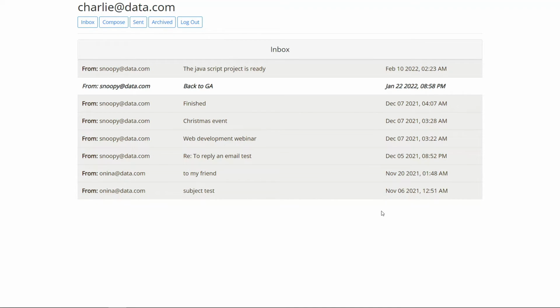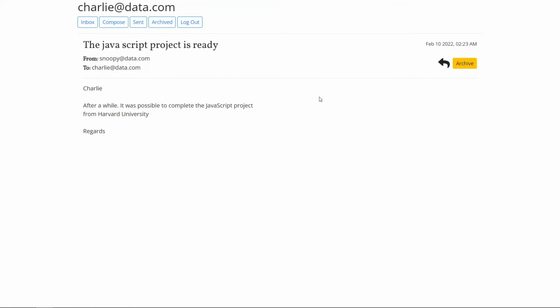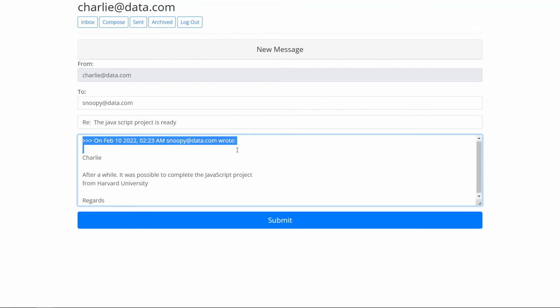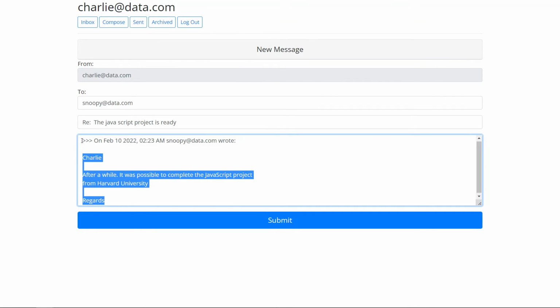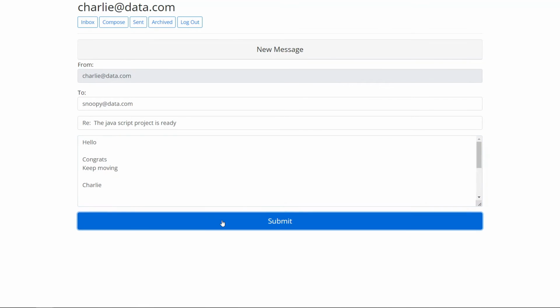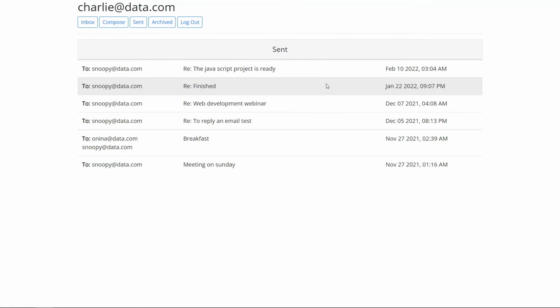Now let's see the reply option. If we go to any email, we can see the reply button. When we click there, we're taken to the composition form with all the fields already pre-filled, indicating that this is a reply email. So this user is going to reply to the message,